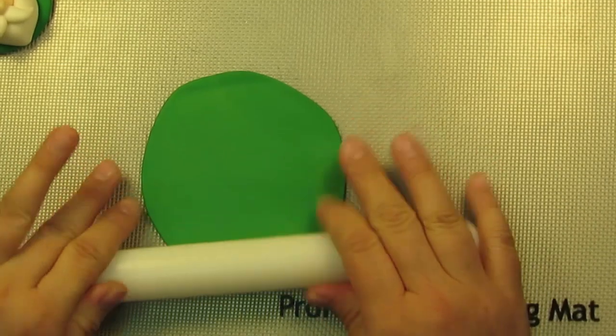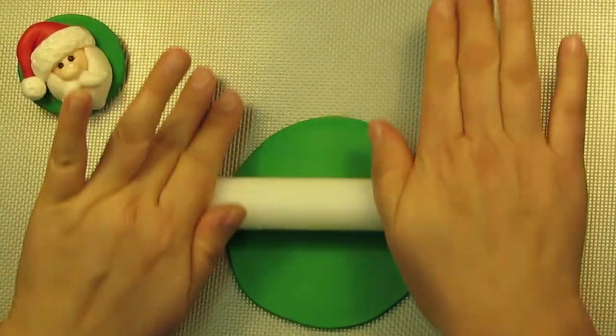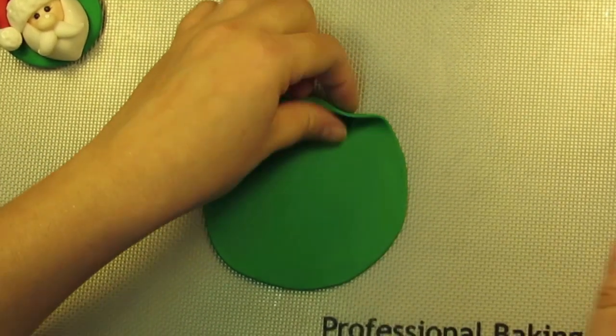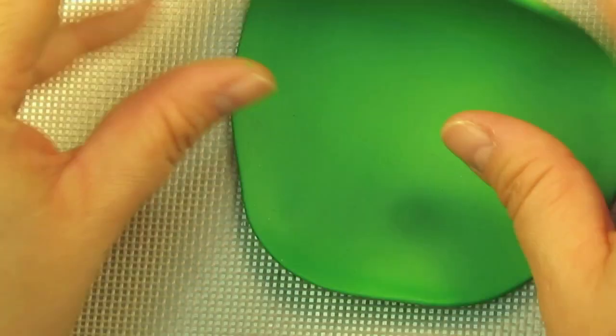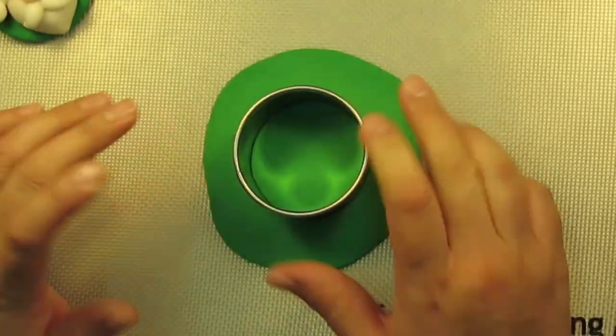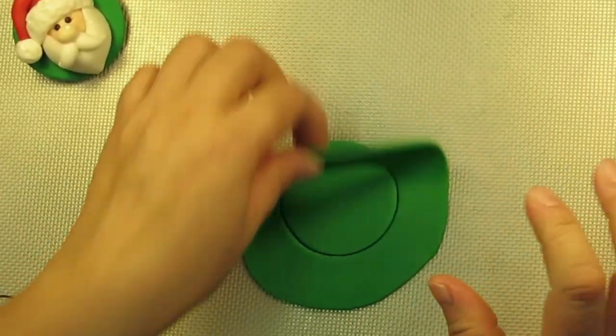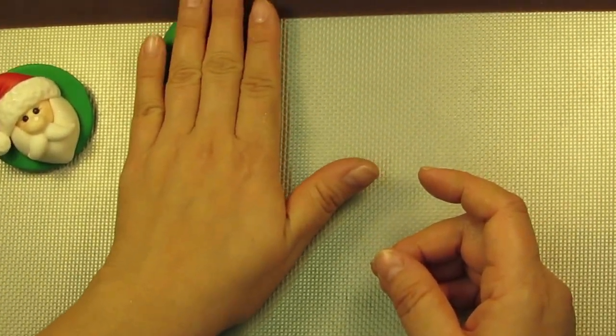So I'll show you the thickness of the gum paste. I'm almost done rolling it out. So that's about how thick it needs to be. Okay, really not thick at all. So, beautiful green. Take my circle cutter. Just cut out one little circle. Alright, so I'm going to set this off to the side just for a second while I start working on